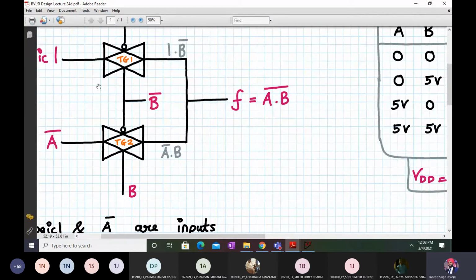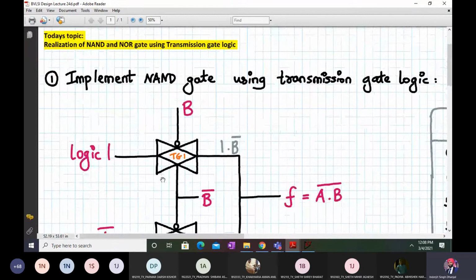Now I'm giving you one thing to implement. Implement NOR gate using transmission gate logic. So come on, I'll give you 1 minute.